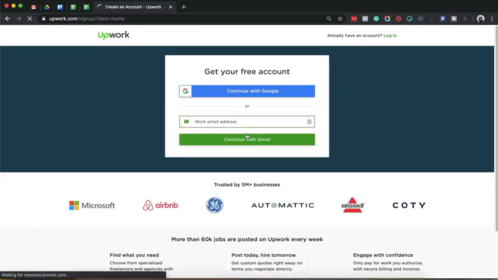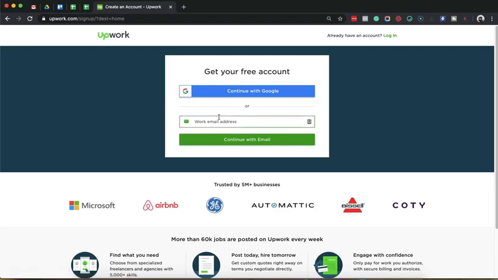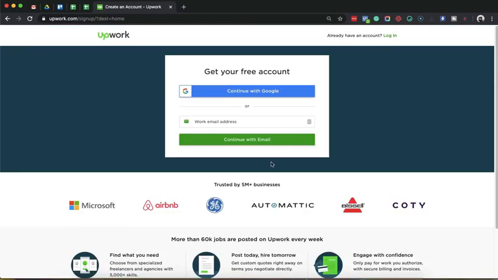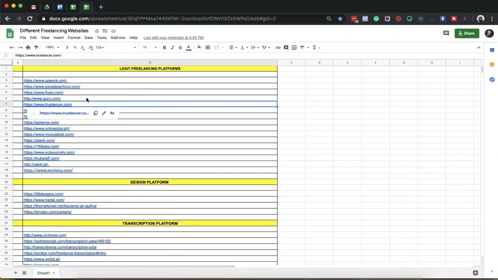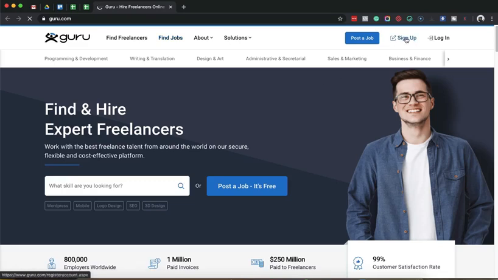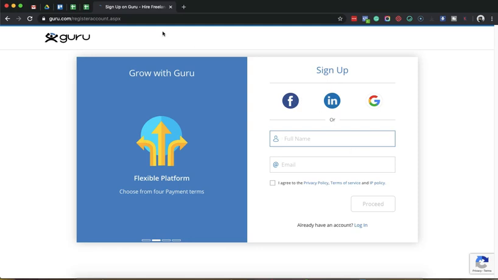Okay, and then create, naalala nyo pa yung how to have an effective na email address, dito mo ilagay, dito mo i-sign up, and then you can just simply follow through kung ano bang requirement ng Upwork na to or kung ano bang requirement ng mga website natin. So, ang daming website guys. You can go to Fiverr, you can go to guru.com. If you try to go to guru.com, i-click mo lang yung link and then sign up. Sign up ka dyan. Then yung email mo, I want you to create an account sa lahat ng mga websites